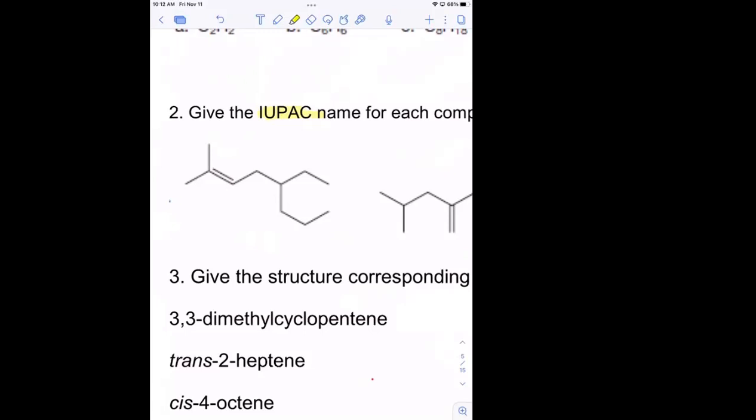The parent, we need to find the parent, is that familiar to you? Which is the longest chain that contains the functional group. So if we have an alkene like this one, we're gonna find the longest chain. So let's count from here to here. 1, 2, 3, 4, 5, 6, 7. And we're gonna count again from here. 1, 2, 3, 4, 5, 6, 7, 8. So we see now the longest chain is 8 carbons. So that's my parent. Are you following? And then since it's an alkene,